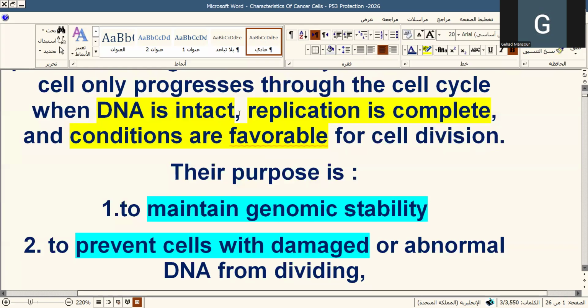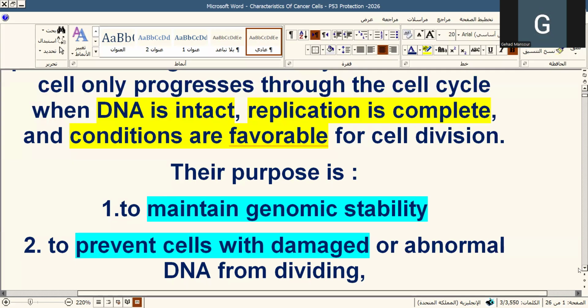Only those cells with intact and complete copies of DNA, for example, a new complete set of DNA, can distribute this copied DNA on two daughter cells. But there is also a third condition that is very important, which is favorable conditions,